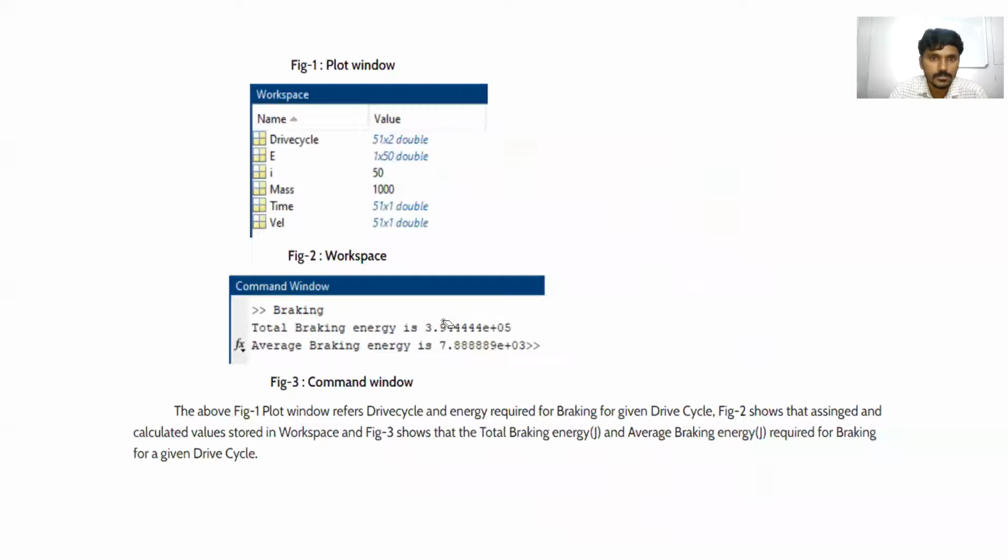Clear? Also we can show some values in the workspace window. In that window we can get some values also. So energy is 1 by 50 double, I equal to, what is the mass, time is 51 by 1 double, velocity is 51 by 1 double. So we can get numerical values also.